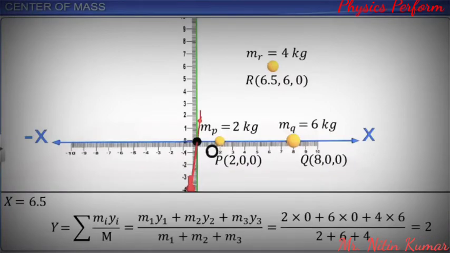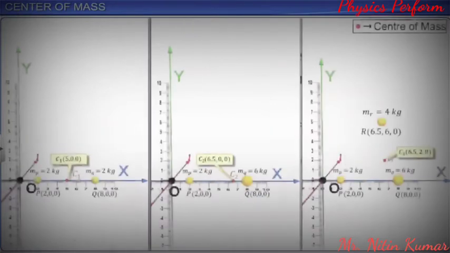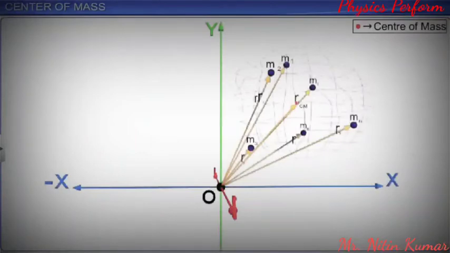The position of the center of mass is (3, 6.5, 2, 0). On observing the above cases, we can regard the center of mass of a system of particles as the mass-weighted average location of the constituent particles. In vector notation, the position of the center of mass of a given system of particles is given by R